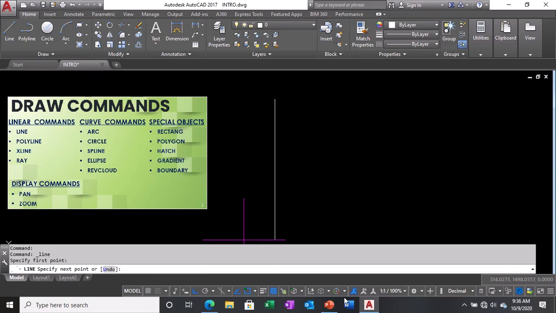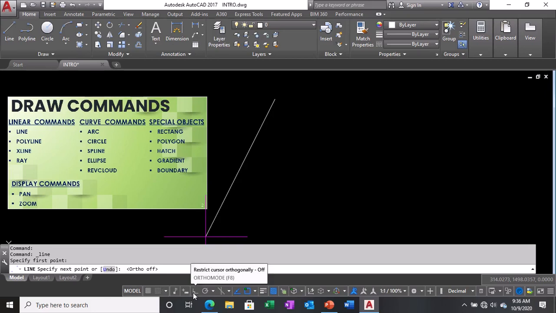Again, this is the status bar wherein it contains several drawing tools. So, andyan po si ortho. When I turn ortho off, your cursor is free moving. Okay? Ortho on and off is not just limited to line. Basta yung command po nagpa-prompt ng point, you can turn this on and off. Okay? Anyway,